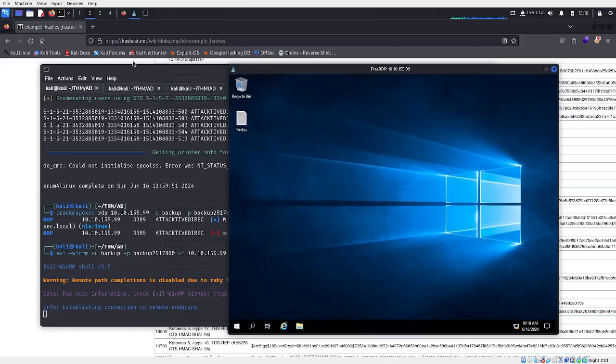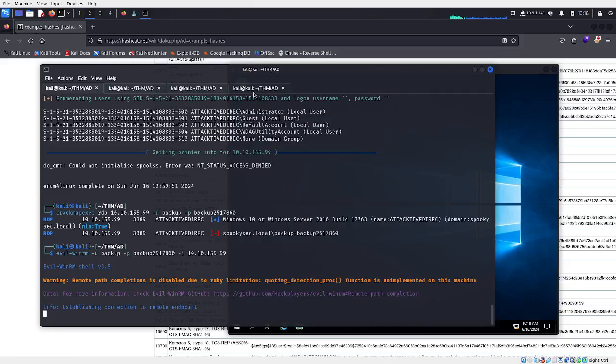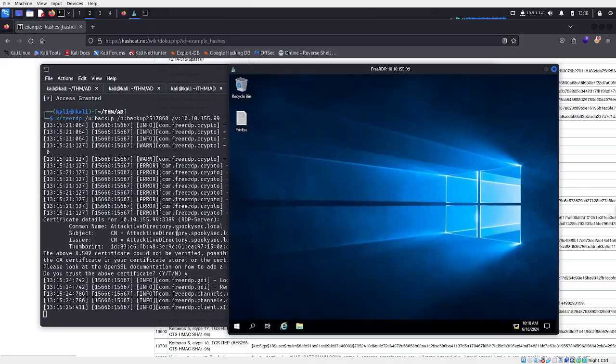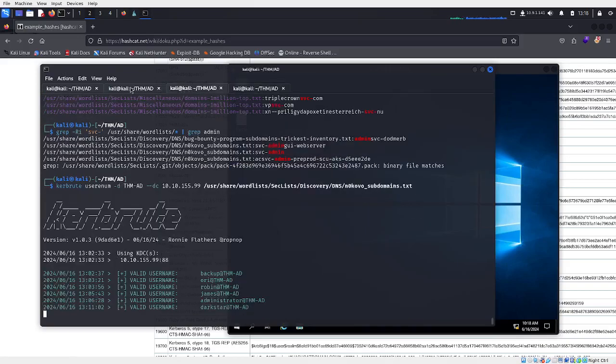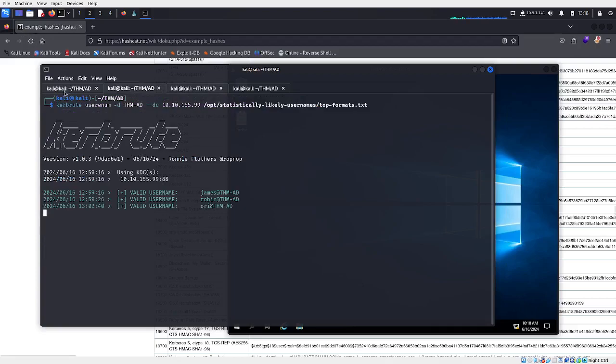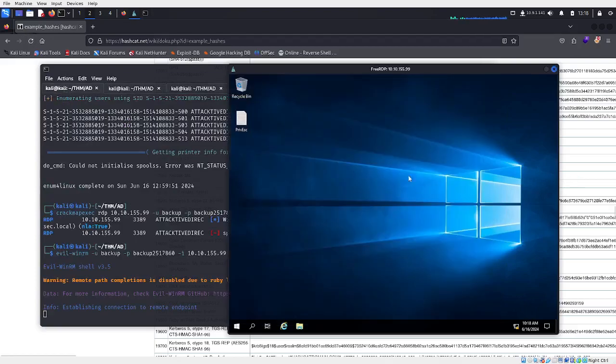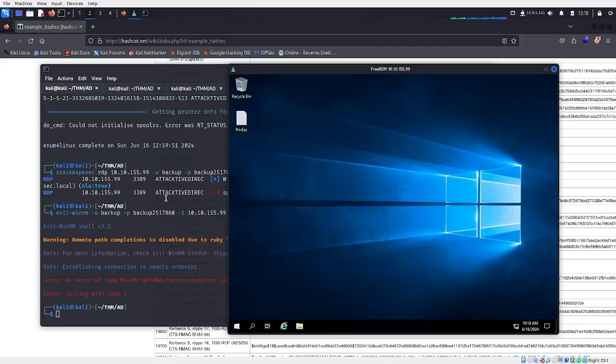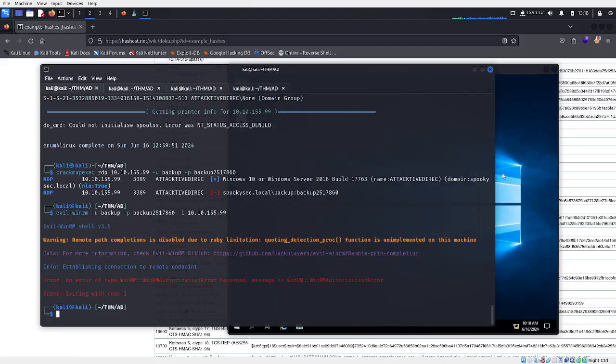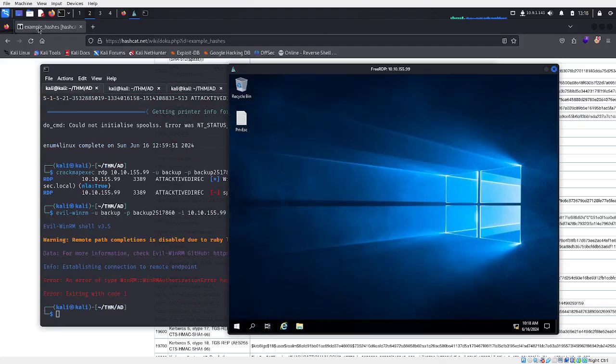Well, I do know how to proceed. We just run impacket secretsdump, but before we do so, I would like to try and grab a command line shell from my Kali box. So